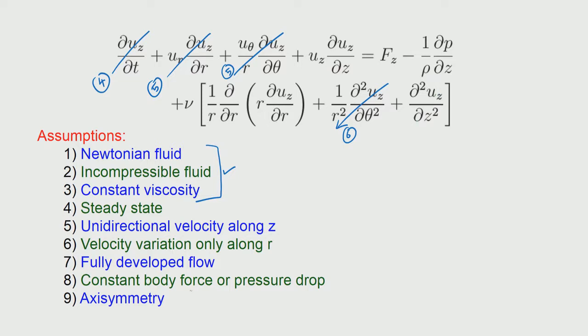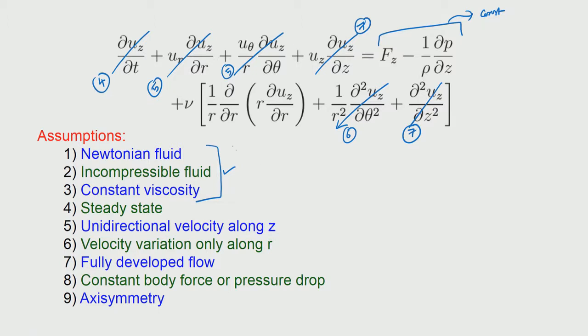Along the z direction we say that it is a fully developed flow. So, we want to strike that off, saying that it is because of condition 7 that these two will be gone. So, then we also want to say that there is an axisymmetry. Of course, that would also make this go away. So, one of the assumptions is taken care of. The constant body force term, which means that this is constant, is only to make the integration easier for us. Okay, otherwise there is no need for that to be constant.